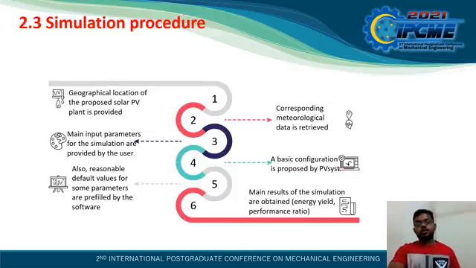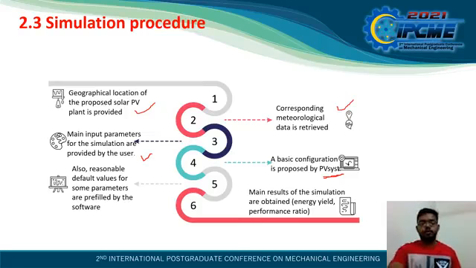Now we'll come into the simulation procedure. At first, the geographical location of the PV system is provided, and based on this, the corresponding meteorological data can be retrieved from the software, and after that, the main input parameters are provided, and these parameters will be discussed further. Based on these given input parameters, the system will propose a basic configuration, and we can check that configuration, and if it is okay, we can manually check it, and if we are also okay, then we can